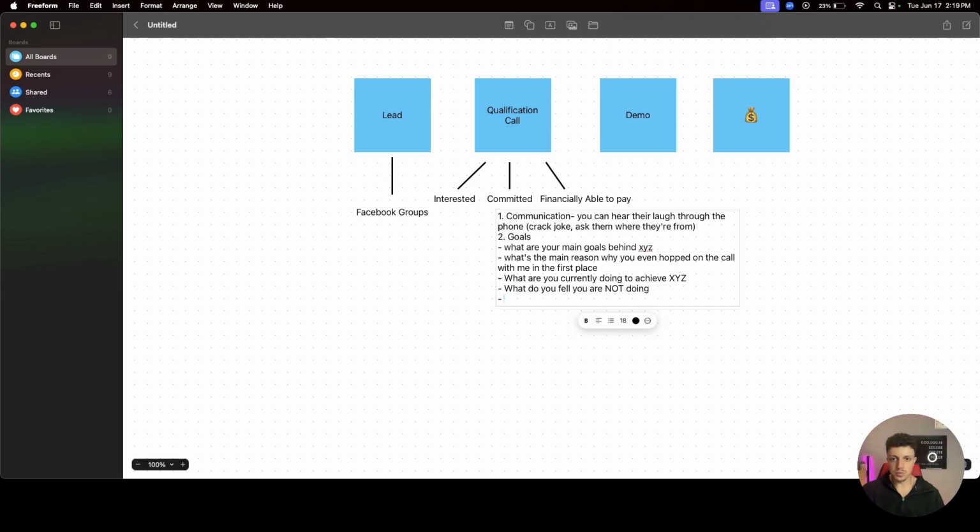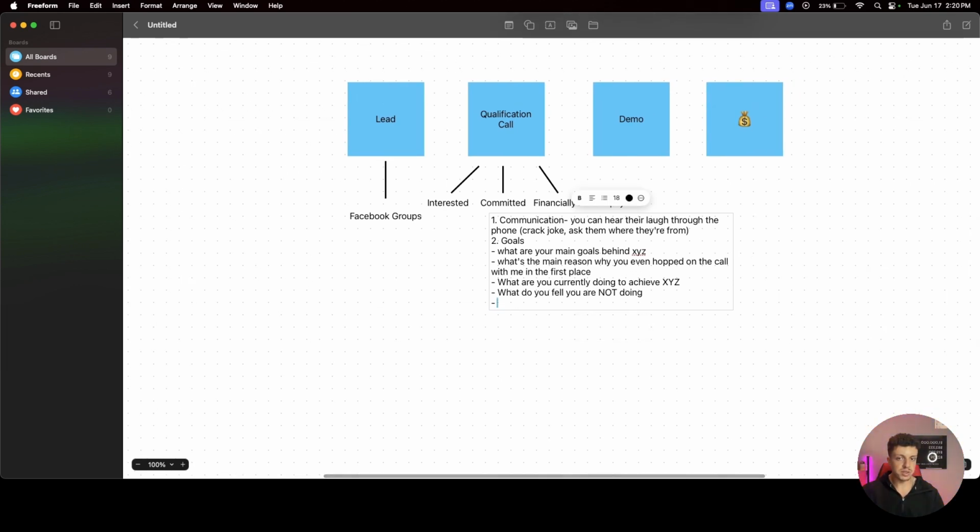Then what you're going to do is ask, what are your main goals behind it? What's the main reason why you even hopped on the call with me in the first place? What are you currently doing to achieve that? So these are just goals with the business. Then what you're going to get into is what we call, and I'm going to go over each one of these,